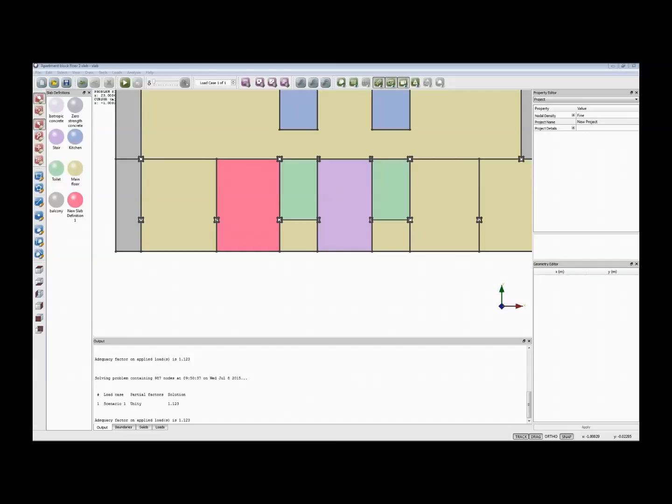Okay, shear can be a critical load case. As I mentioned earlier on, the yield line method deals with flexural failure, not shear. Shear is sometimes an issue, but many times it's not. There are standard ways of dealing with shear which you can apply in conjunction with the yield line method. It may be something that we include in a later version of the software, but at the moment